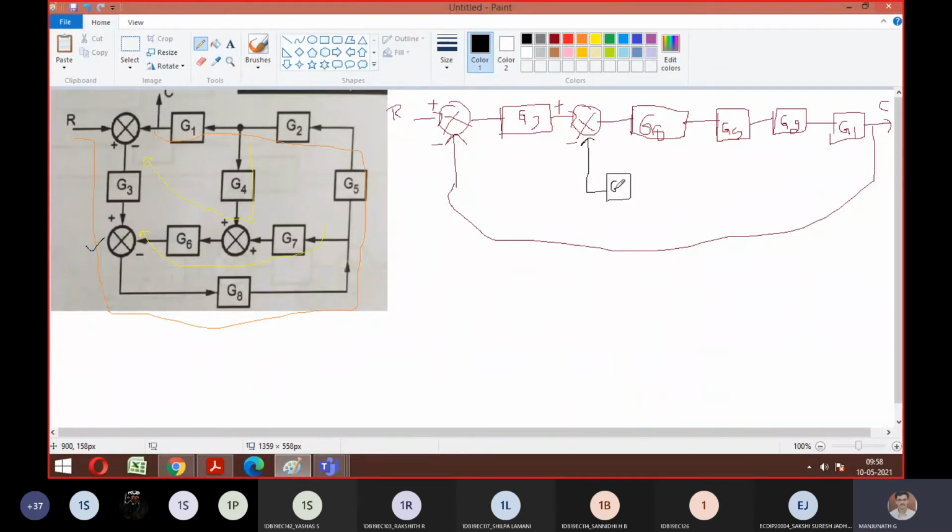So what is there in the original diagram? We are trying to rewrite it for our simplicity. Then again, you have one more summing point for this G6. Agree, guys? We will go step by step, not an issue. So then this is given to what? G7 or G4? You have connections for both, correct? One connection goes to G4, one connection goes to G7. Now the question is, where should G7 be and where should G4 be? Then only you can proceed.